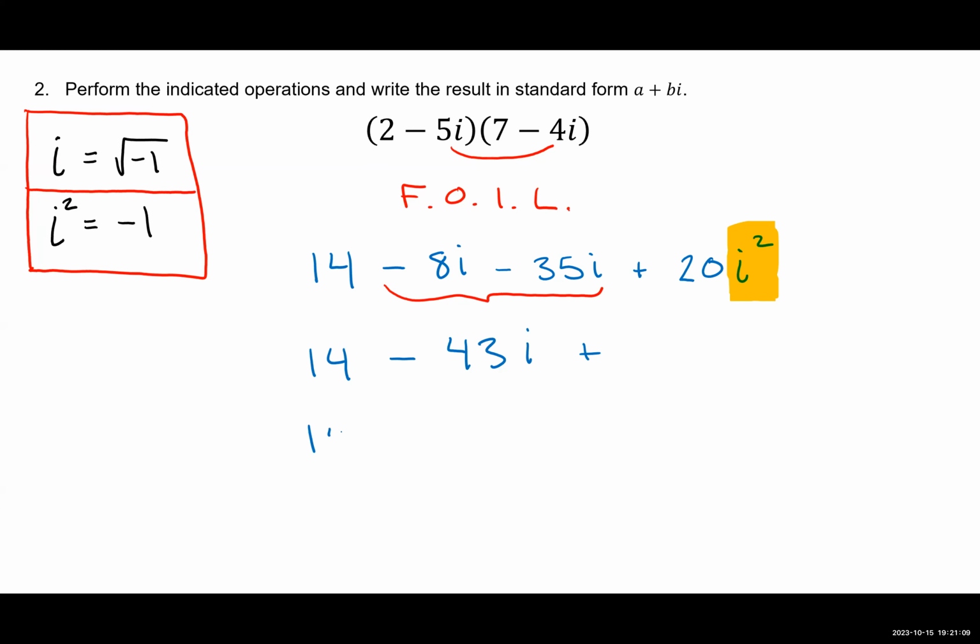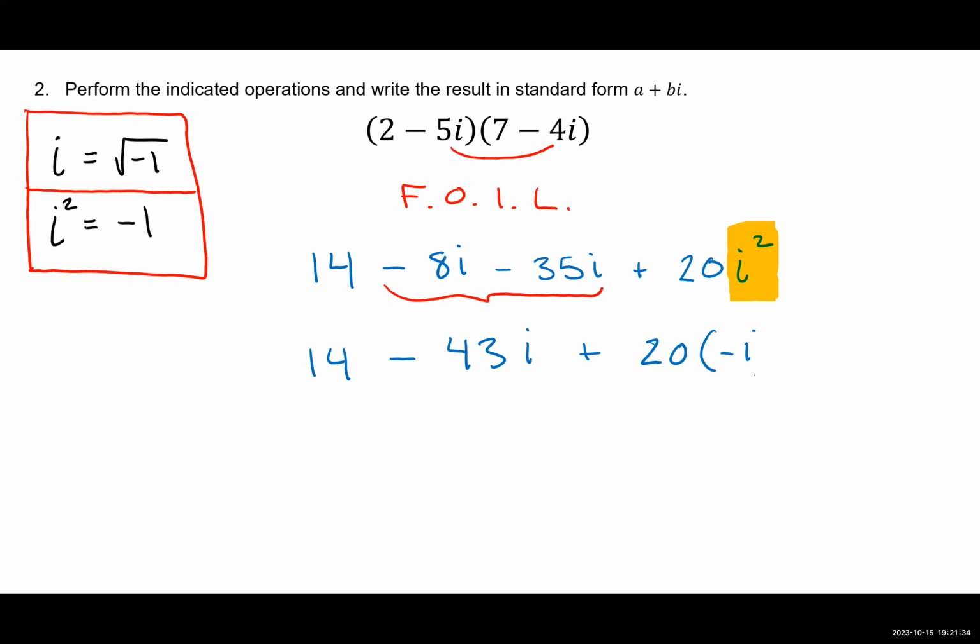So this would be 14 minus 43i. Those two numbers don't combine, right? In the same way that with 14 minus 43x, we wouldn't combine the 14 and the 43 if one of those numbers had an x. Okay, plus, oh, I'm writing it again. I don't need to write it again. Plus 20